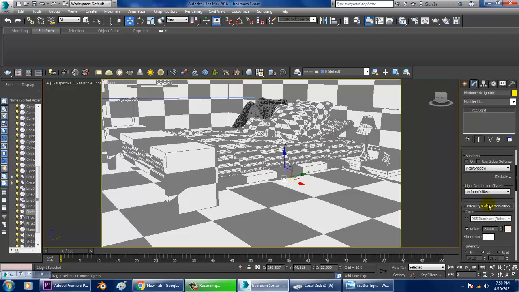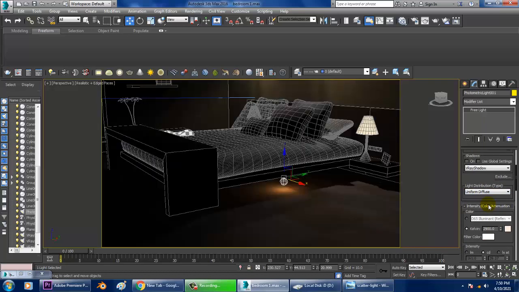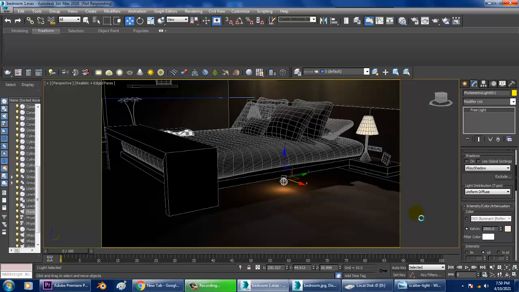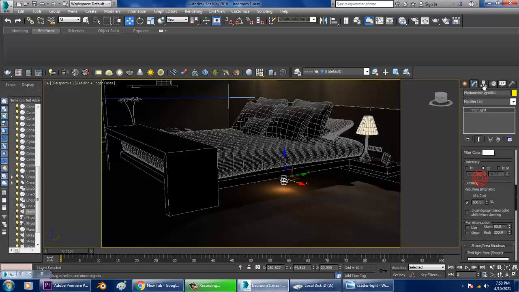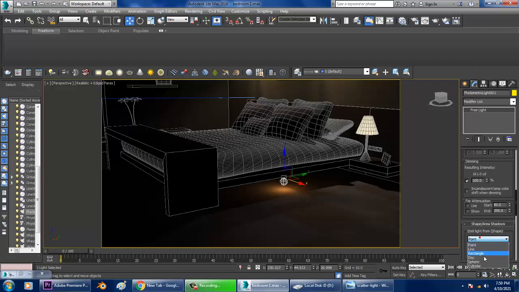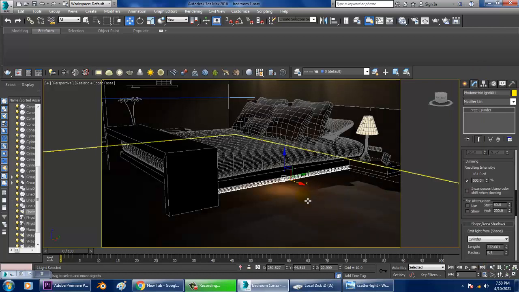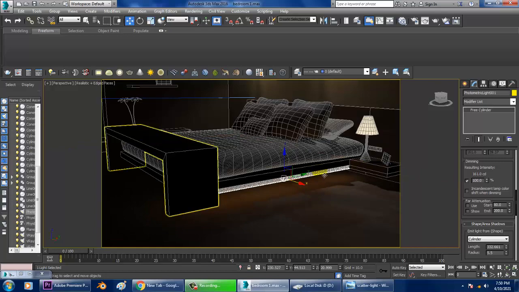I can just set this to uniform diffuse over here. If I want my light to be in uniform form, I can set this and make it a cylinder. Now if we utilize it as a cylinder, it will be uniformly distributed on all sides. Can you see the light?